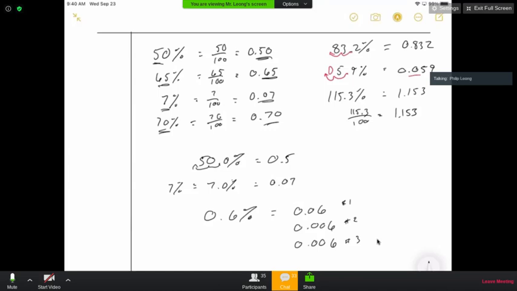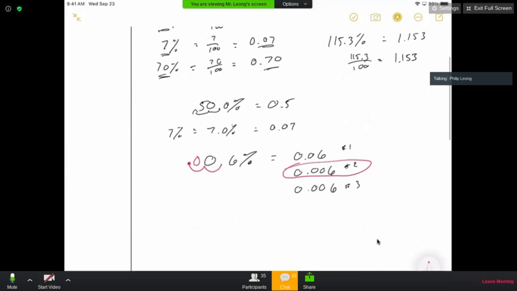Okay. Remember, move that decimal 2 places. Here we go. Check it out. 1, 2. 0.006. Yeah? Right? So to change, and again, if I put a number there, for example,